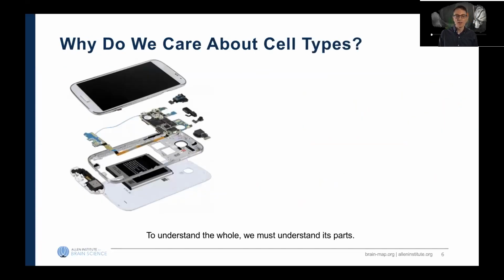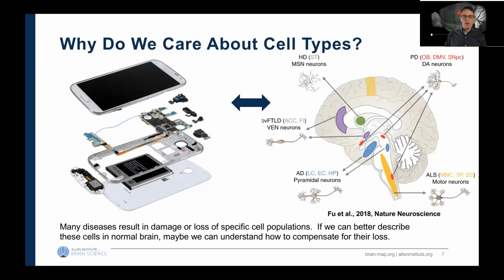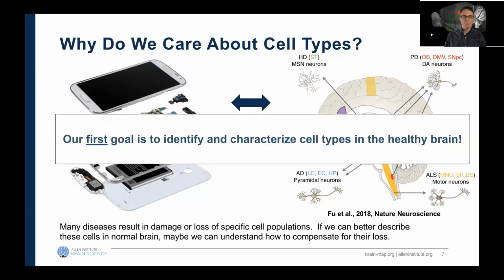So why do we care about cell types? Well, we think it's obvious. To understand the whole, we must understand the parts. While that's probably self-evident for your cell phone, we think it's also true for the complex tissue of the brain. In addition, we know that in neurodegenerative disease, specific populations of cells are lost very early in the disease. And so we think if we can identify what these cell types are, we can intervene early in the disease when intervention is more likely to have a positive benefit. But our first goal is to identify and characterize cell types in the healthy brain, which is really the main